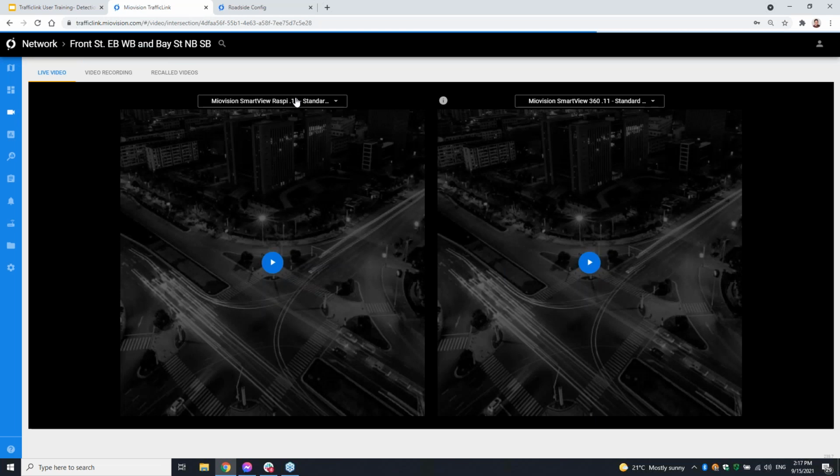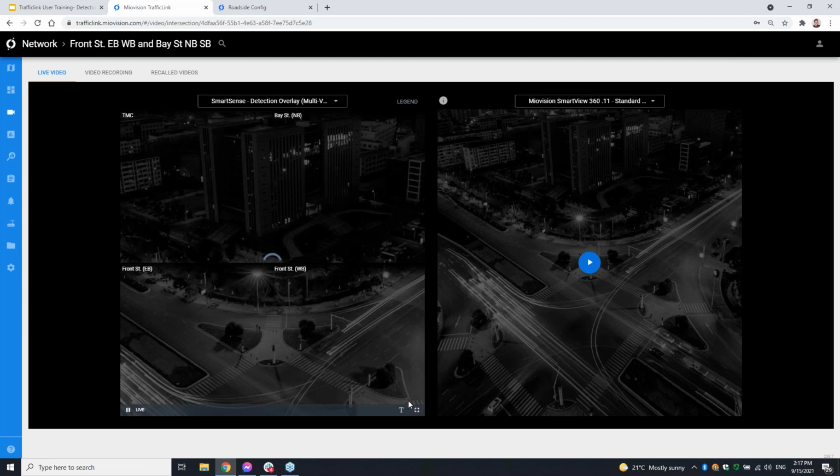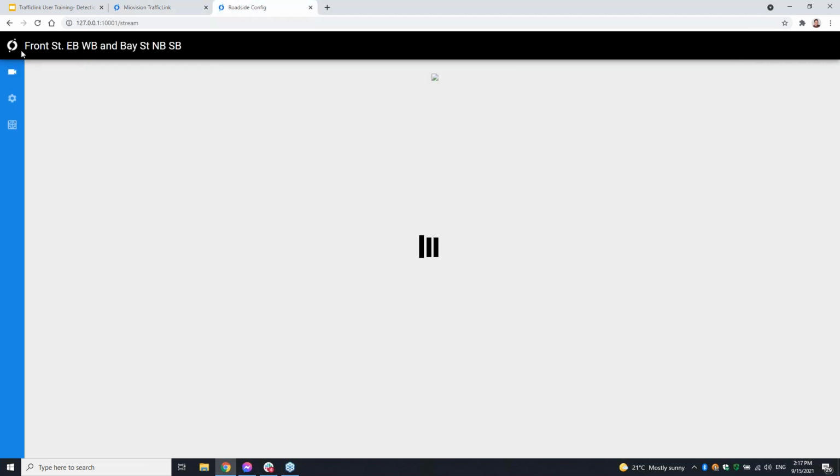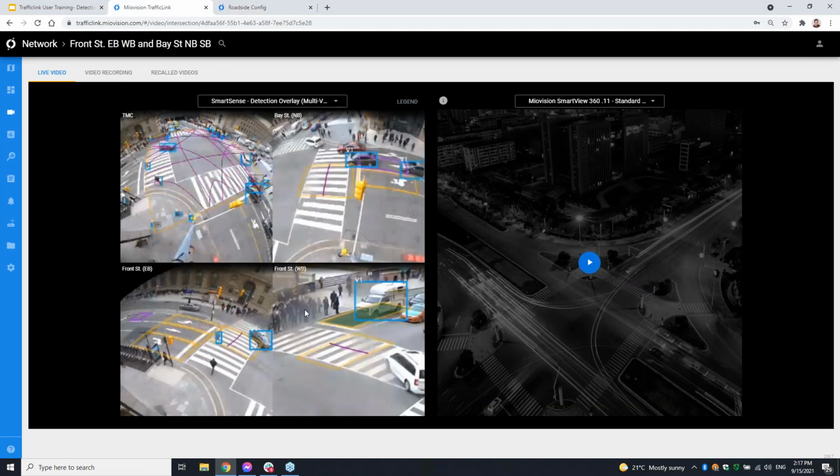We'll take a look at what we did here. I'll go to the detection overlay, and then it goes live. I think my tool timed out on me there while I was in the live session. There we go. We can now see what the configuration is. We have our turning movement count, some of the zones drawn, and away we go. Then you can watch that live at the side of the road and make any further adjustments.